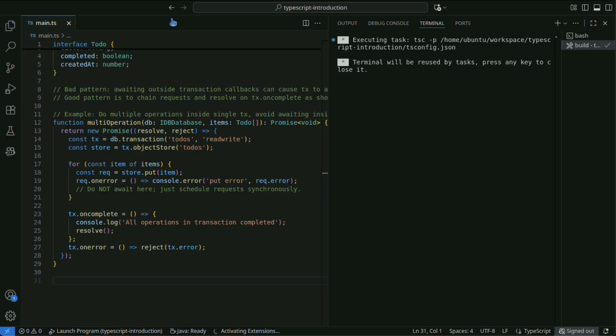Be aware of transaction lifespan. Use separate transactions if necessary, or schedule operations synchronously within a transaction.